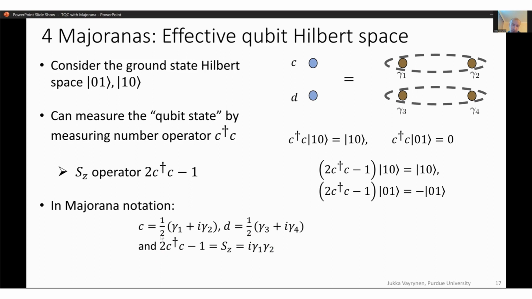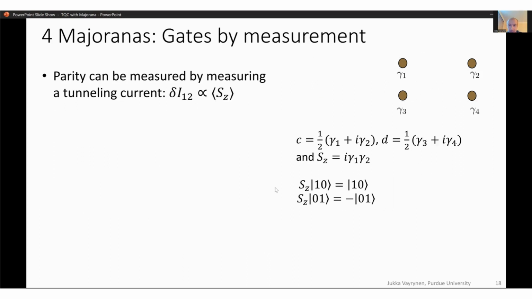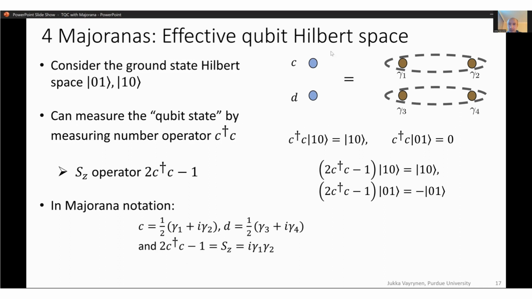You can plug in C dagger and C without doing the inversion, and then just do the algebra to find this. Also, this I gamma 1 gamma 2, basically because gamma 1 squared is equal to gamma 2 squared, which is equal to 1, just the identity operator,